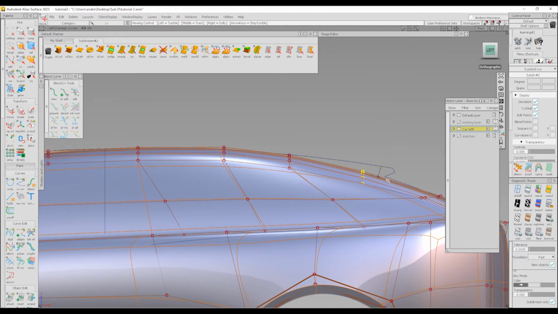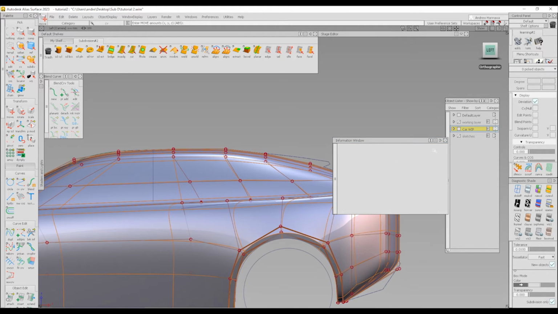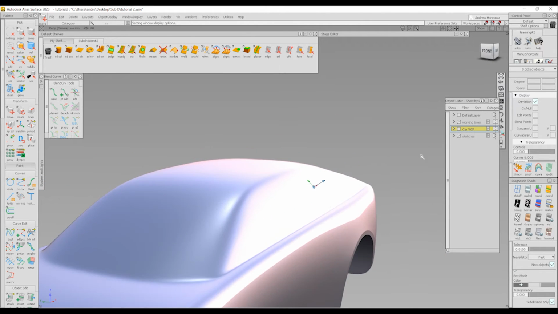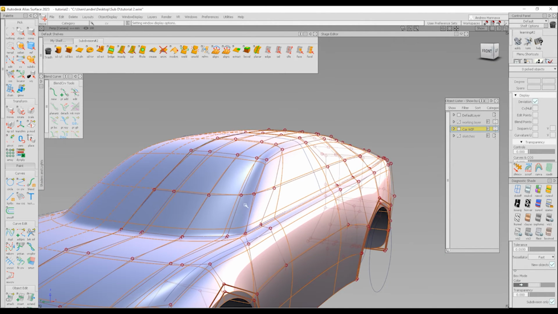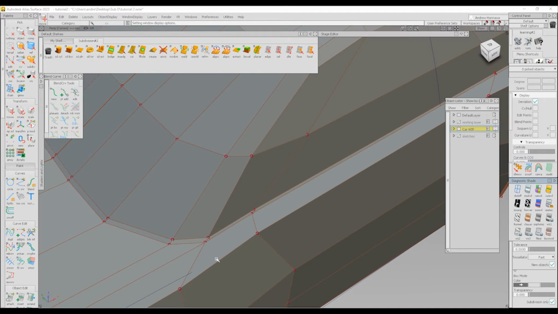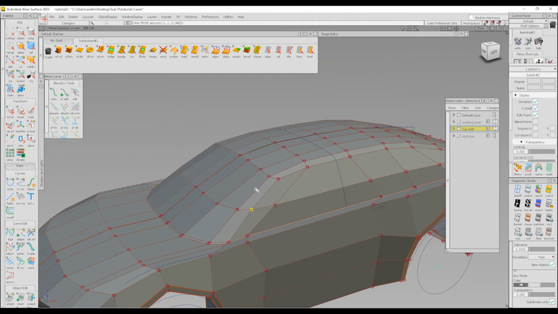I'm going to move this down, and obviously it does have a little bit of a spoiler, but we're going to create that later. We're just focusing on getting the A-pillar in. Okay. Alright. It doesn't look like a rail yet. So what we're going to do is adjust it a little bit more. And now